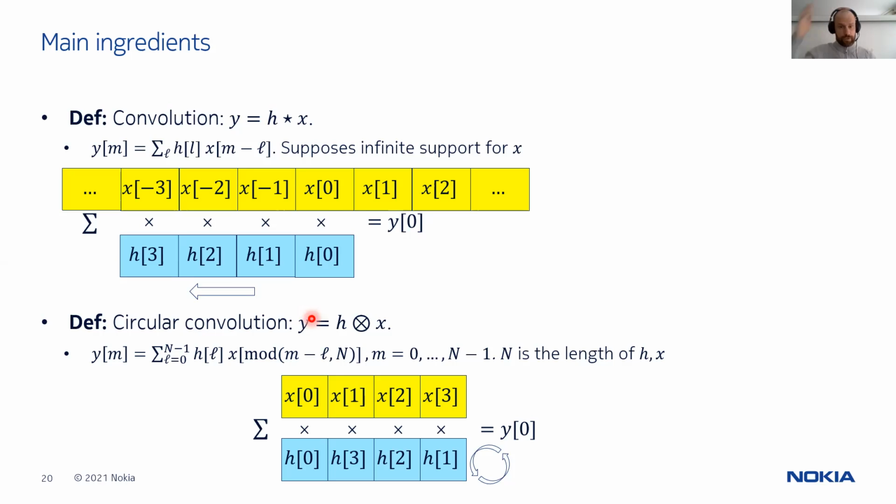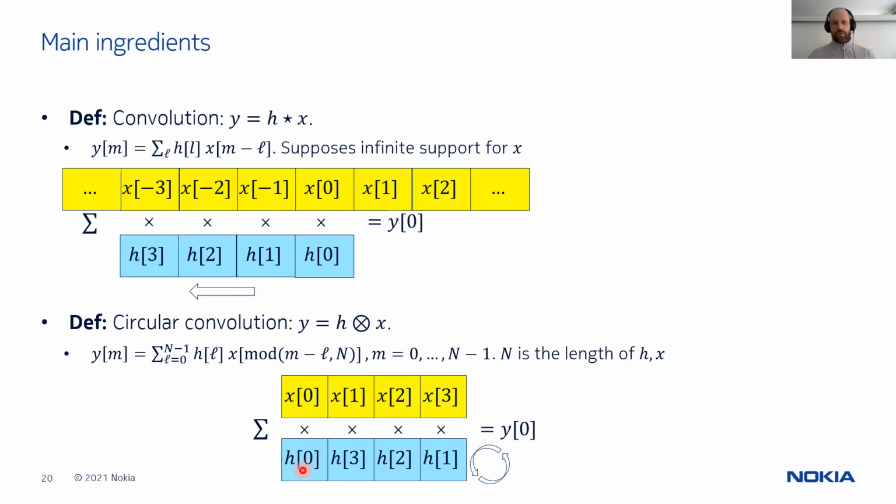So basically, circular convolution, this is the formula, but intuitively, in order to have circular convolution, you have to have two discrete signals of the same length. And if they are not, just fill one of the two with zeros. Then, instead of flipping H like this, you flip it and then you wrap it around. So you basically flip it and wrap it around. This is why it's called circular.